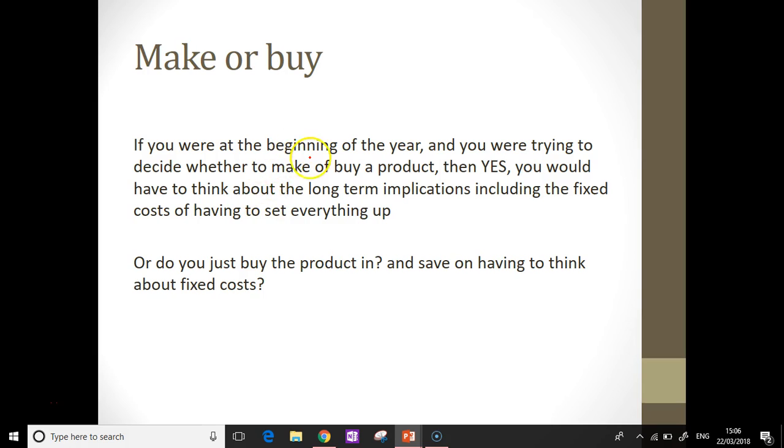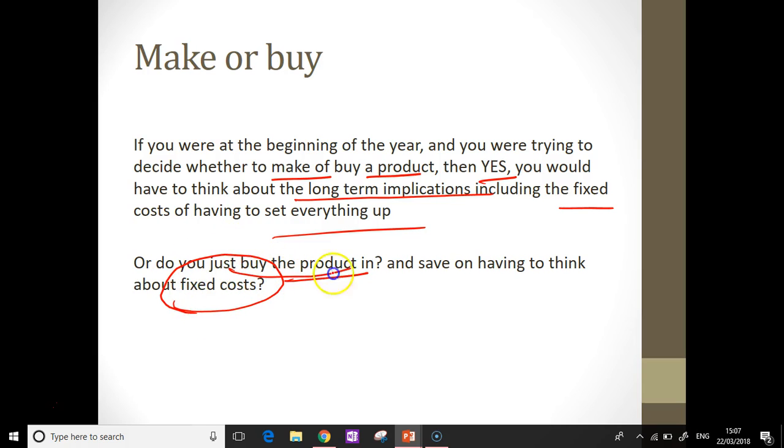Then you have to think about the long-term implications, including the fixed costs of setting everything up. Or do you just buy the product in? If you choose to just buy the product in, then you don't need a warehouse. You don't have to think about the fixed costs. You can just focus on buying the product in.